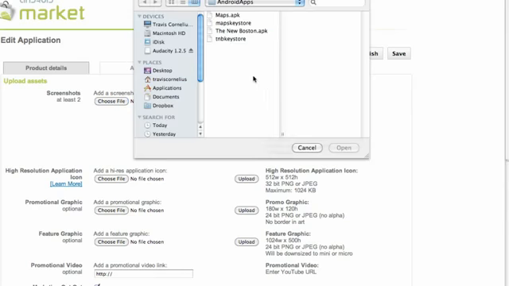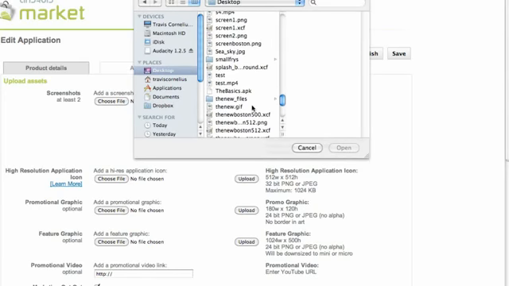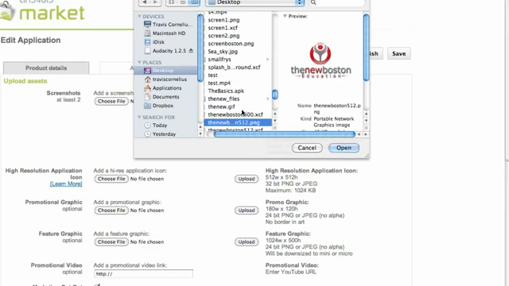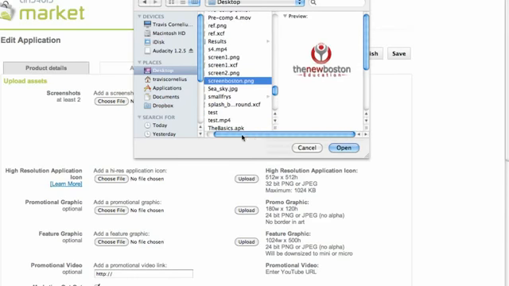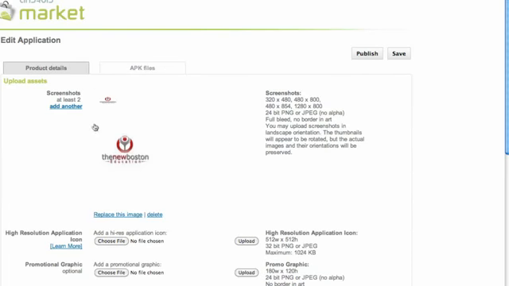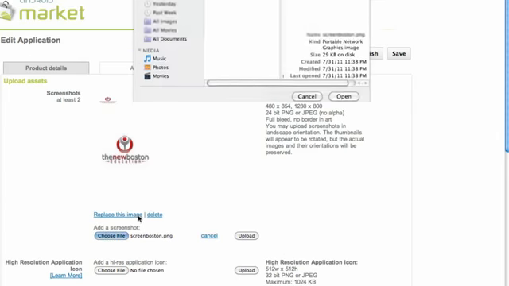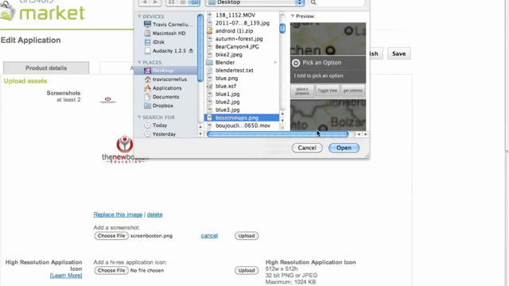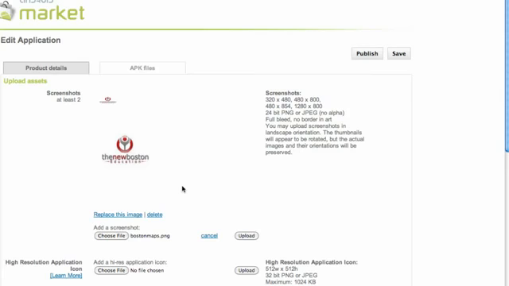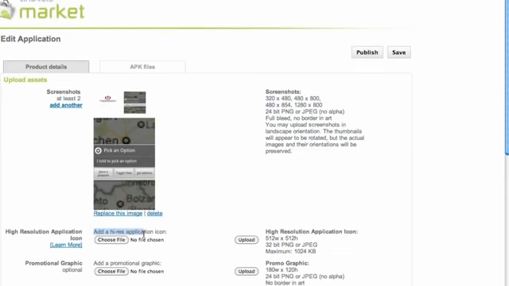So then we're just going to locate those files. Pretty simple. I saved a few on my desktop somewhere. I saved so much stuff on my desktop, it's ridiculous. But no, that's not that one. So I'm just going to pick one screenshot, open it, and then we just hit upload. And again, we need at least 2, so I'm just going to add another one by choosing another file down here. So I'm going to pick this maps one, even though the maps isn't in this project, so I don't know if that's going to confuse people or not, but whatever. So now we have 2 pictures,